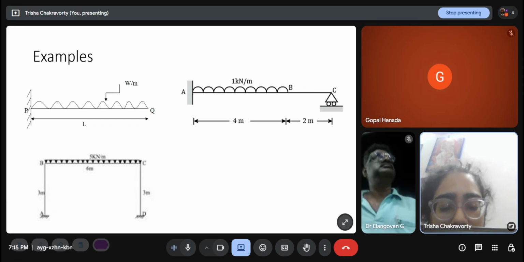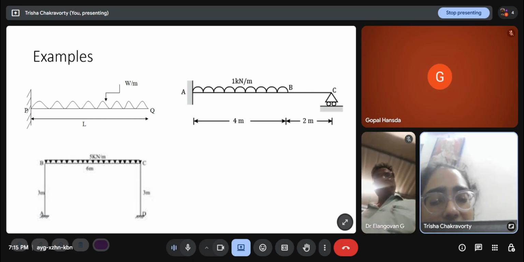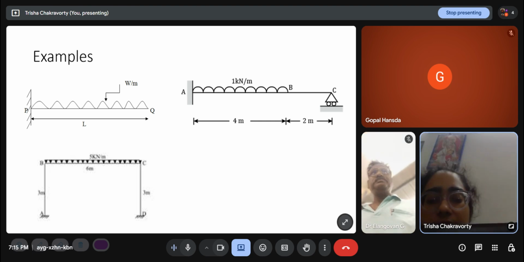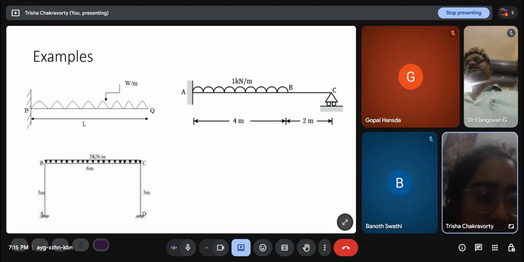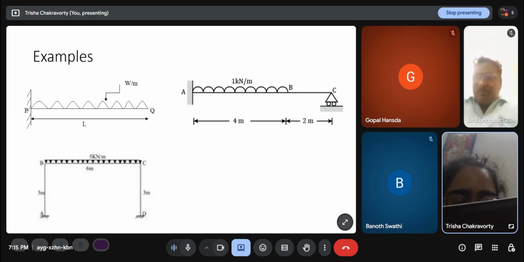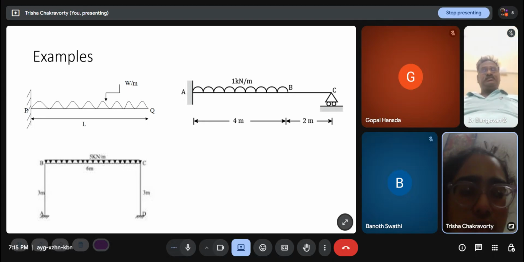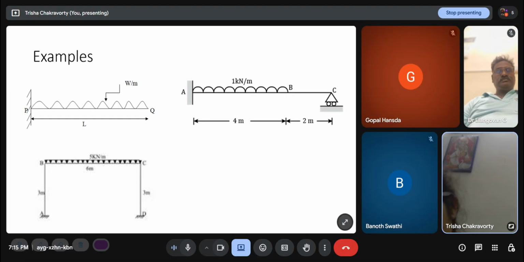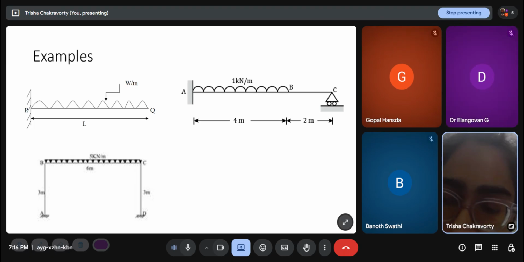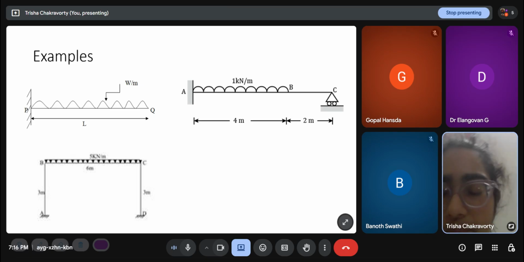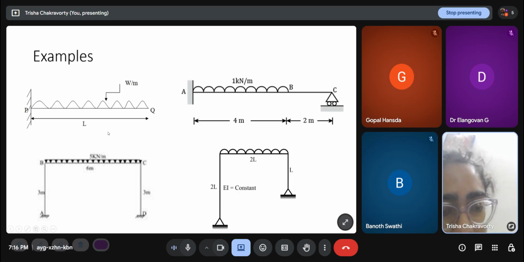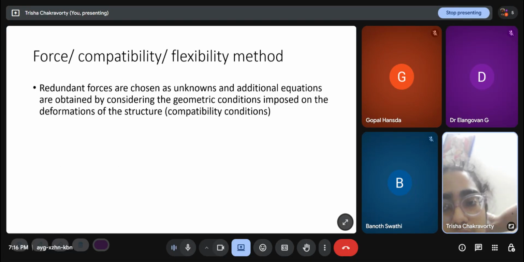So if you have a plane and you rotate your hand in the plane, a moment whose sense is perpendicular to the plane is generated, which is called Mz, because if this is the x-axis, this is the y-axis, and this is the z-axis. So sigma Fx equal to 0, sigma Fy equal to 0, sigma Mz equal to 0. These equations don't look at whether the structure is a beam or a frame. There are always three equations in the 2D plane. So here this is 3 degree indeterminate, and this is another portal frame with two hinge supports. So 2 plus 2, 4 reactions and 3 equations. So 1 degree indeterminate.